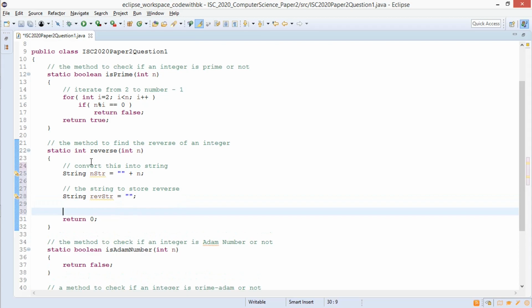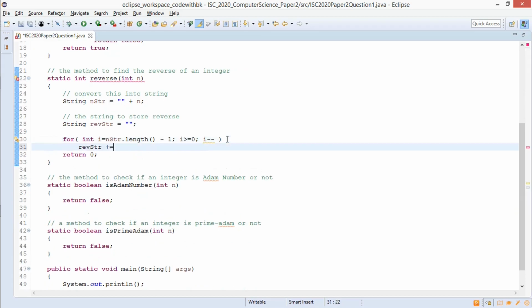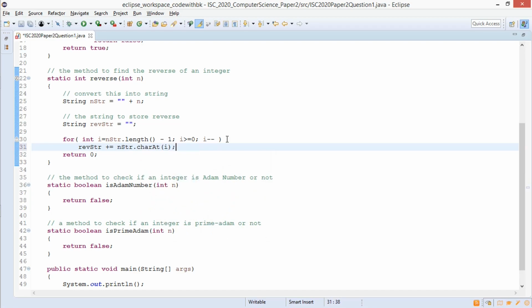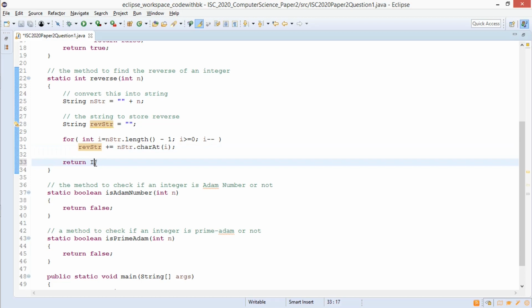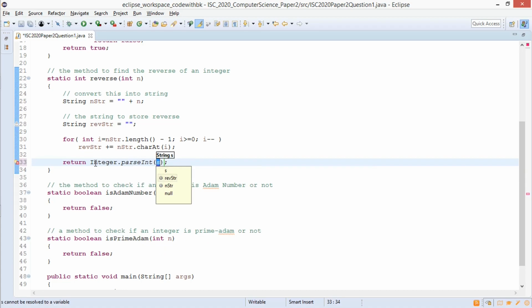Iterate the string in the reverse order: for int i equals nstr.length minus 1, i greater than or equal to 0, i minus minus, and refstr plus equals nstr.charAt(i). Finally, you have to convert this reverse string into an integer, so Integer.parseInt(refstr).